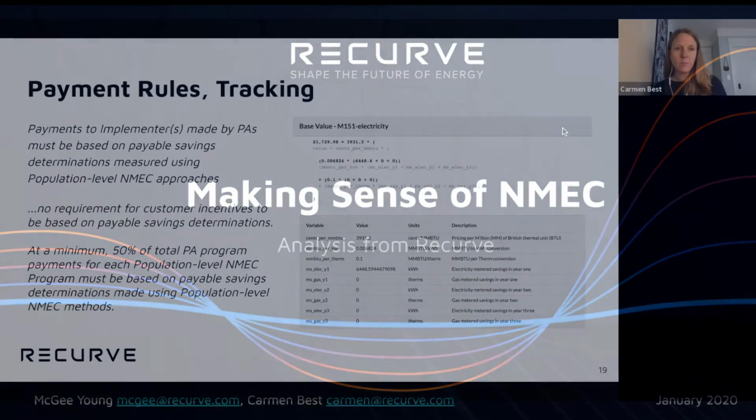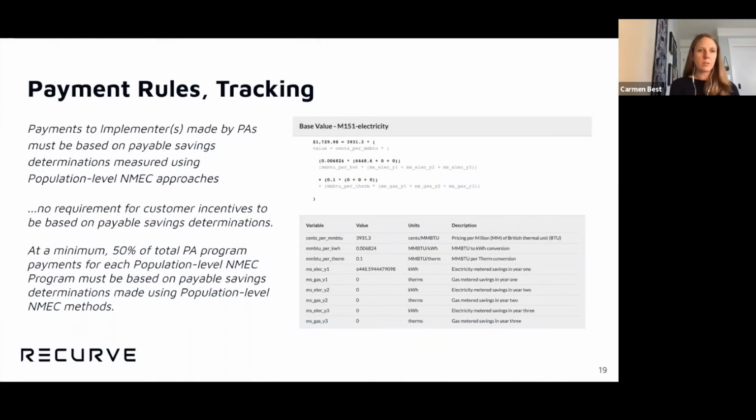Yeah, I think the payment rules, which is not the most exciting part probably of the rule book, but it is a really important part. Again, speaks to kind of that linkage across the market transactions. The payments that are made by the PAs have to be determined based on those population approaches for the population solutions anyway. So you can see kind of the connection of how the payments are tied back to the savings